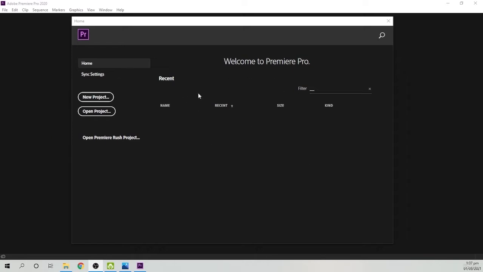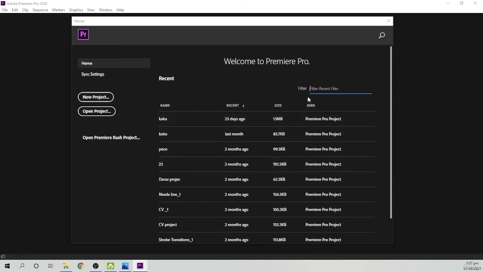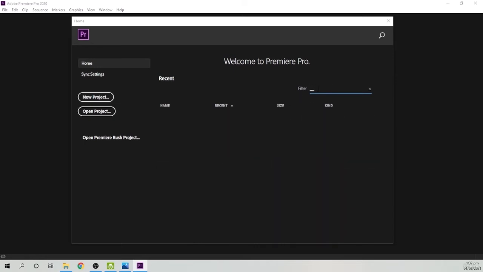Right here, you have your previous projects, like any project that you have done before. I have so many projects. If I remove this filter, I can see all of my projects. So I'm going to add the text here. You are going to see something like this because you will not have any project while opening your Premiere Pro